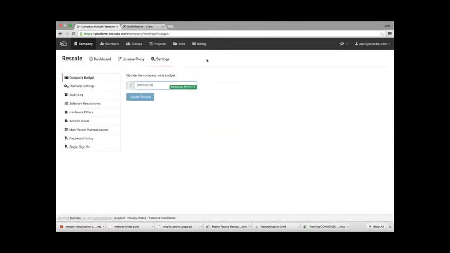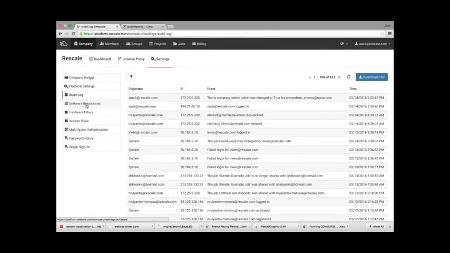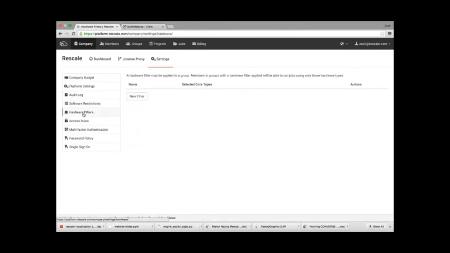And last but not least is the settings. Assuming you want to limit the total budget that can be consumed by specific groups or users, there are different platform settings, audit logs for security, and different software restrictions. You might want to say, I want to have my team using only CONVERGE 2.3 and not anything else, and you could limit that. You can also put hardware filters.